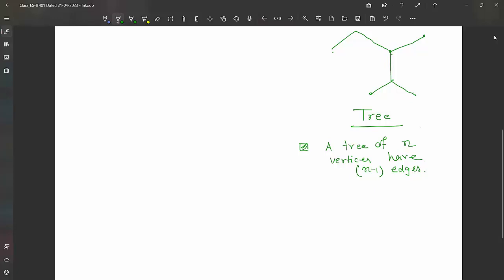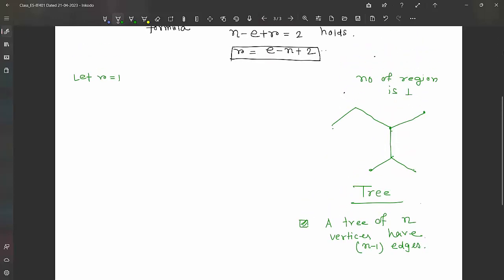And we now use this concept. So let r is equal to 1. Then G has only the infinite region. If you have any doubt, just stop it here because it is very important and probably it comes in your exam, and the proof is not very easy. So if r is equal to 1, then G has only one region, the infinite region. So we can say that G cannot